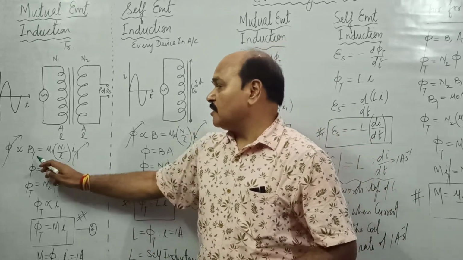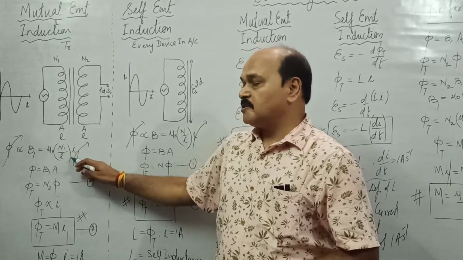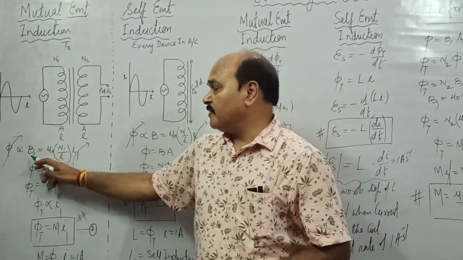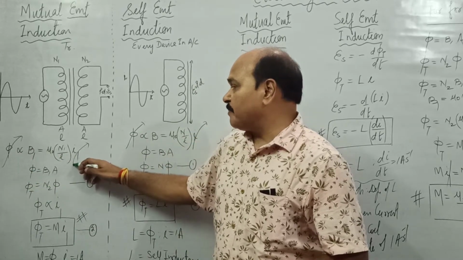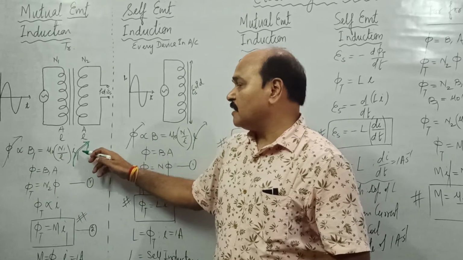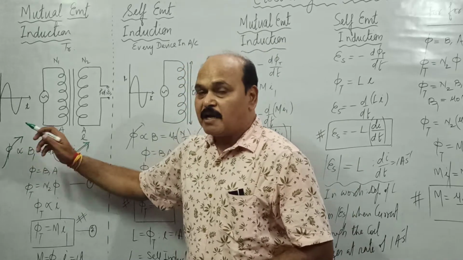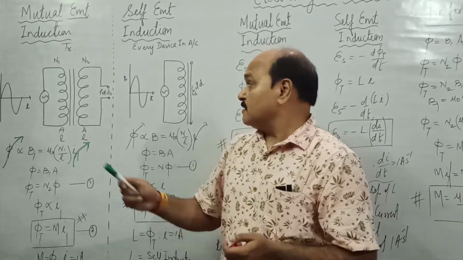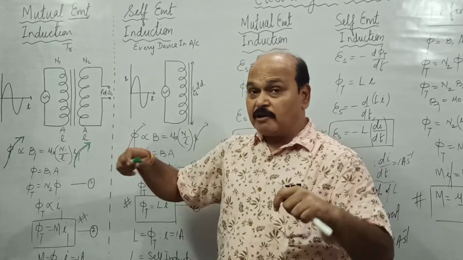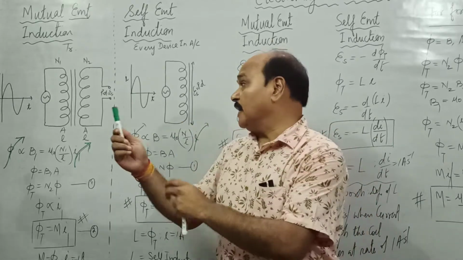Well, both these primary and secondary coils are analogous to solenoid, current carrying solenoids, and magnetic field due to solenoid is what? Mu naught N upon L times I. This is linear turn density. And this magnetic field is directly proportional to magnetic flux. So as we vary the current passing through the primary coil, the magnetic field produced by the primary coil varies. And once the magnetic field passing through the primary coil varies, what happens? The flux passing through the secondary coil varies, as all the flux of primary coil are linked with the secondary coil.